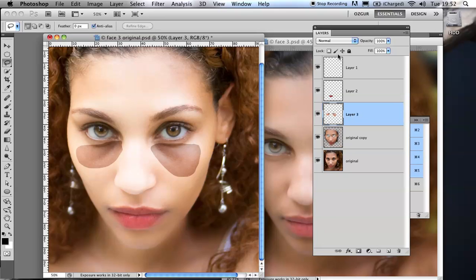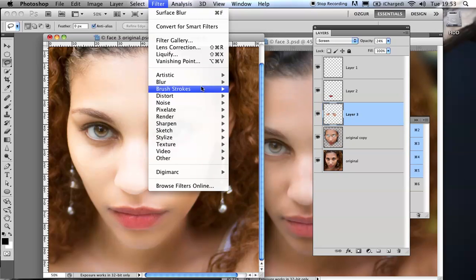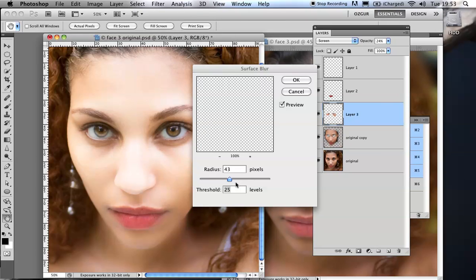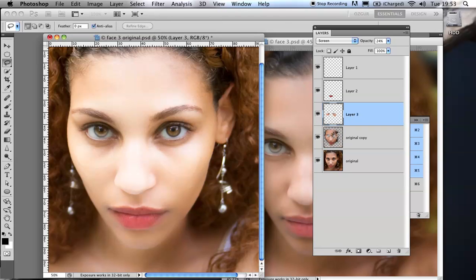Very strange. Now I'm going to use screen on that again, and whoa, too much. Let's turn the opacity down on that. There we go. And again, surface blur. Filter, blur, surface blur. And I'll turn that up to, let's go a little higher. It's thinking about that. Let's just change that a little bit. You can just see that. Smooth that a little bit. It's a little bit too bright here, so I'll turn the opacity of that down just a fraction more. There